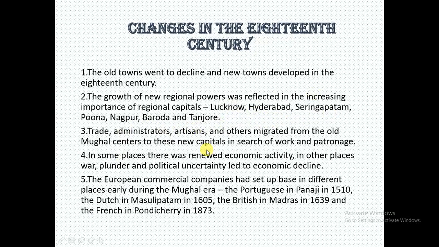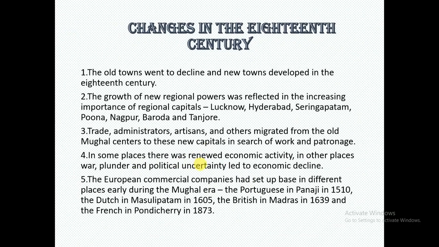So the traders, administrators, artisans, and others migrated from the old Mughal centers to these new capitals to seek work and patronage. Previously we discussed that the old Mughal cities were being demolished by the British. Later they introduced the new regional capitals, and after that the people living as artisans, administrators, and traders in the Mughal centers started to migrate to the new cities, searching for work and patronage, right? So in some places there were renewed economic activities, in other places war, plunder, and political uncertainty led to